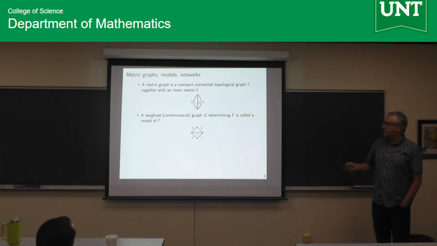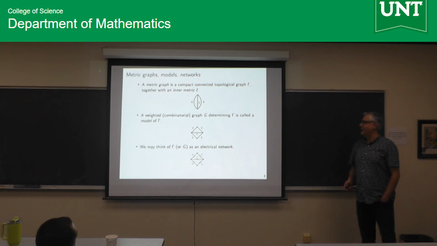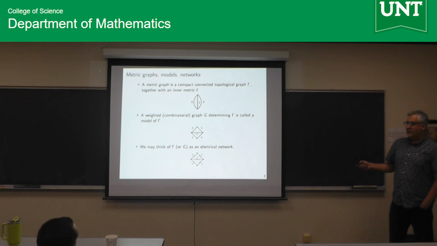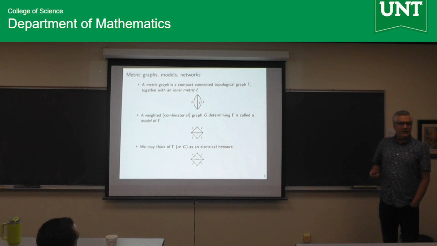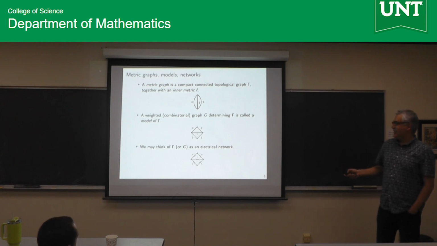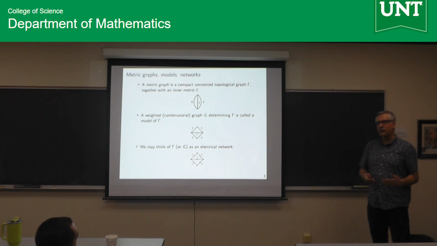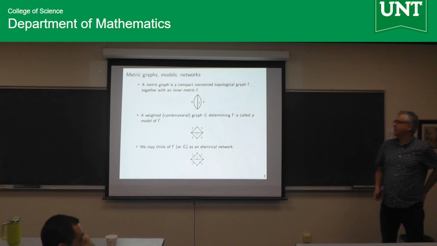But much older than all of this is the notion of electrical networks, which is my undergraduate degree. People like Kirchhoff already in the 1800s, and in fact not for applications, they were mathematicians. They wanted to study something called electrical networks. They had this concept of resistances. And the length 2 should be thought of as 2 ohms, maybe, two units of resistance.